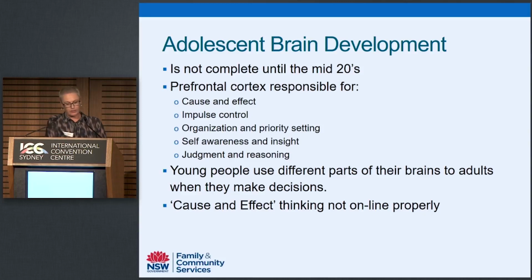Okay, so just very quickly about the adolescent brain. It's not complete, like I said, until the mid-20s. The prefrontal cortex, which is responsible for cause and effect, impulse control, organisation and priority setting, self-awareness and insight, and judgment and reasoning. There is so much happening there, which, it's funny because I think about when I read that, because I haven't done this presentation for quite a significant period of time, and like I said, I do have